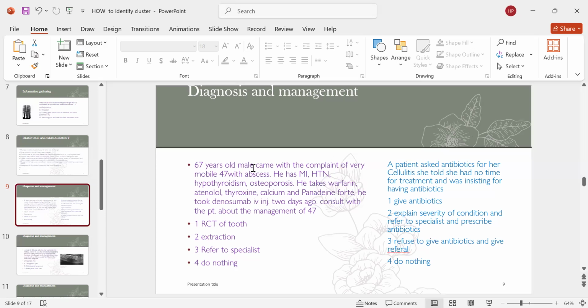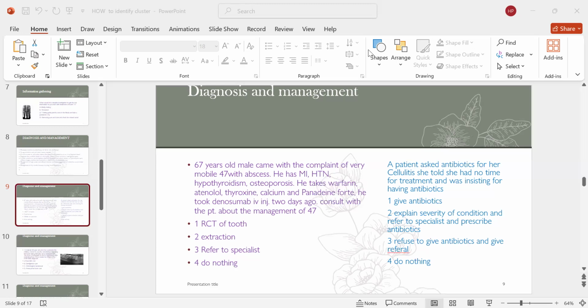So are you going to touch that patient? Is there a very high chance the patient is already having MRONJ when the tooth is mobile with an abscess? So what treatment are you going to provide this patient with so many medical conditions? What should be the answer, guys? Yes, we are not going to touch this patient. Even though the TG says you need to provide active dental treatment in an emergency, in some cases you do not need to touch the patient. You need to refer to the specialist.